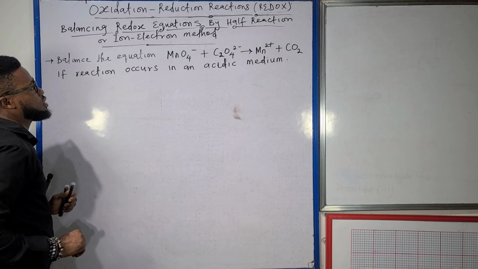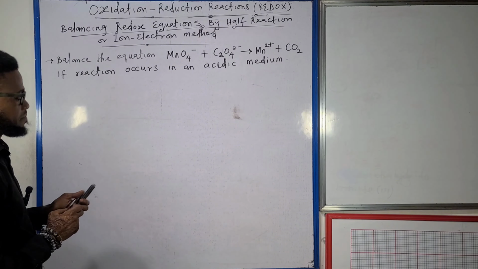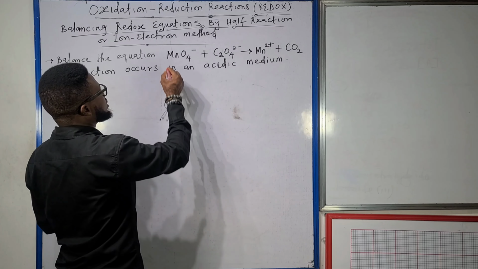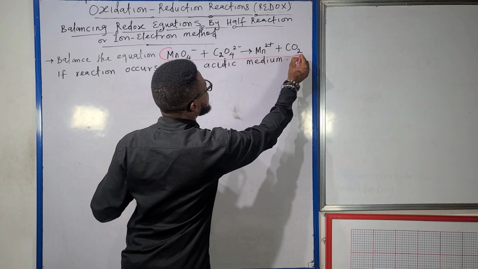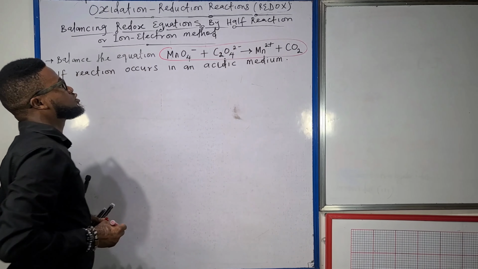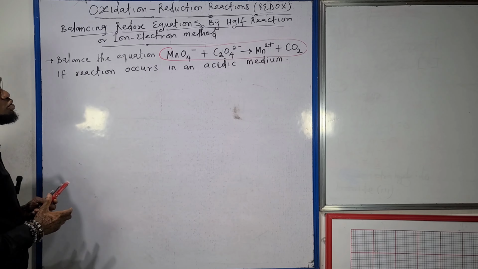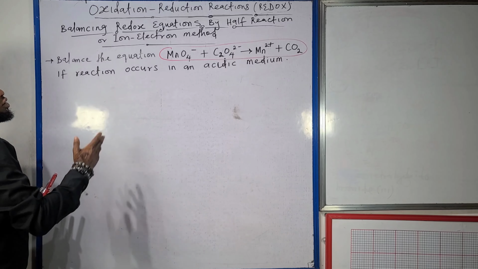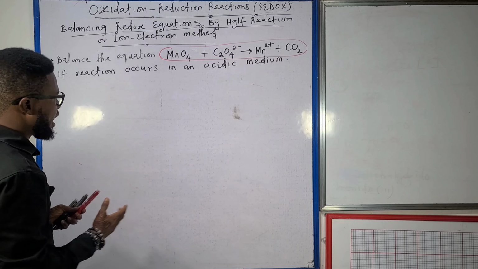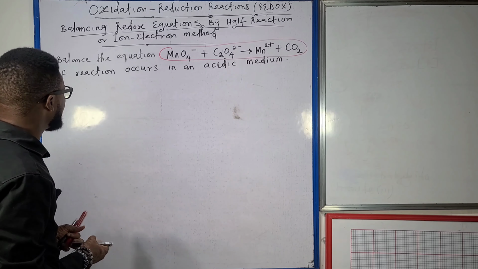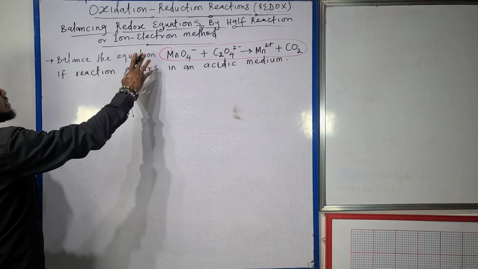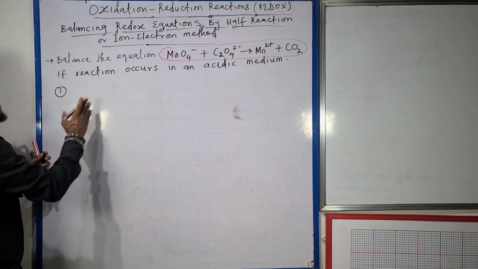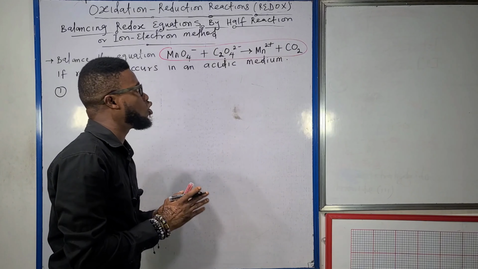So looking at the question, it says balance this equation if the reaction takes place in an acidic medium. This is the equation we are trying to balance: tetraoxomanganate ion, MnO4 minus, and C2O4 2 minus, to give us this. So what are the steps we are going to follow? Now, the first step for the ion-electron method, step 1, is to separate this equation into oxidation